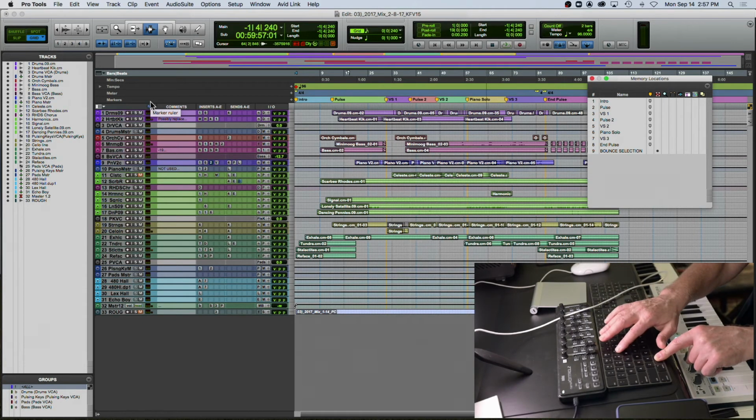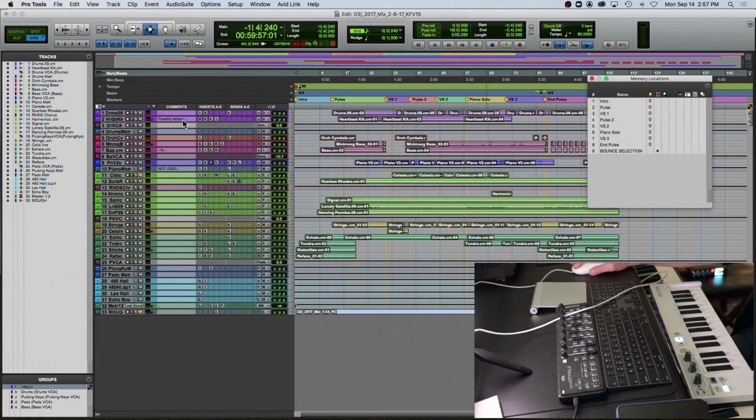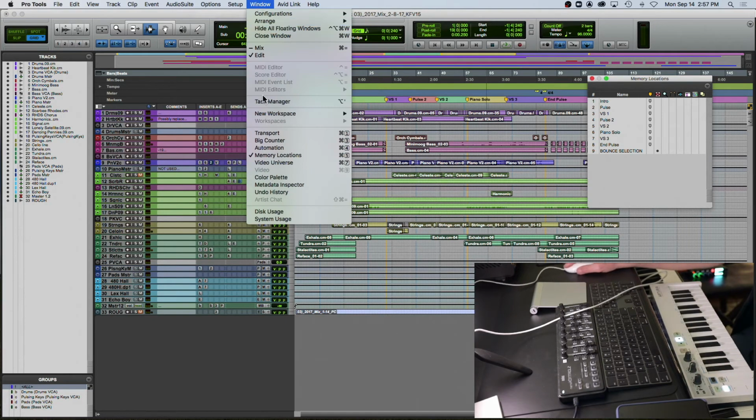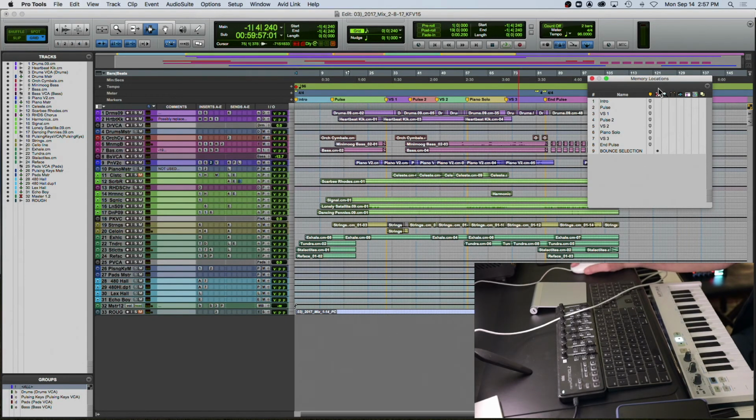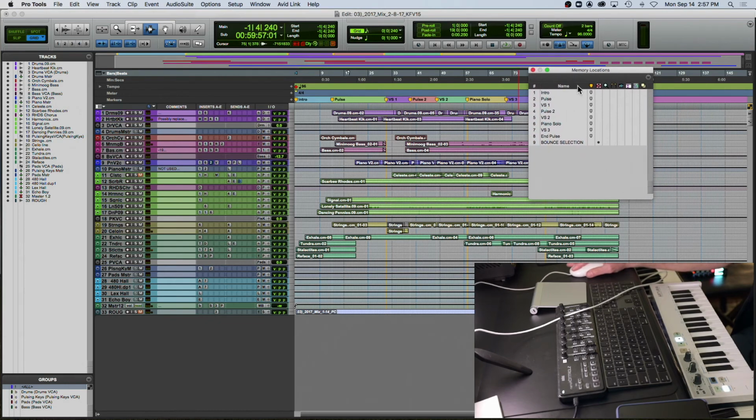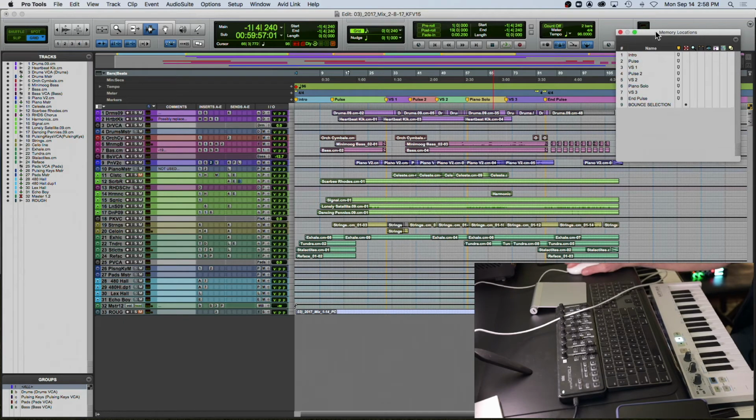It's not this 5. So if you don't have that to call up this window, then you can just go to the window here and call it up. So you notice that right here it says 1 intro, 2 pulse, 3 verse 1. They're in order. So to navigate my session, and I usually keep this on the second screen so I can see it,